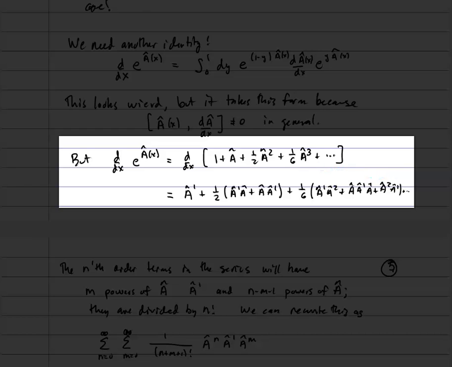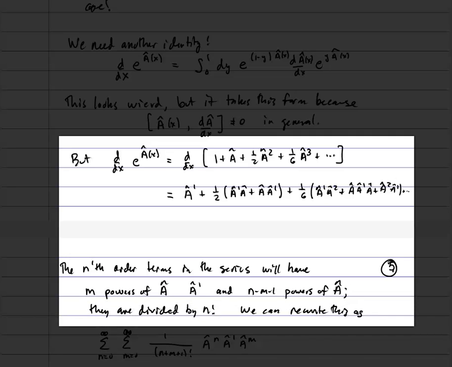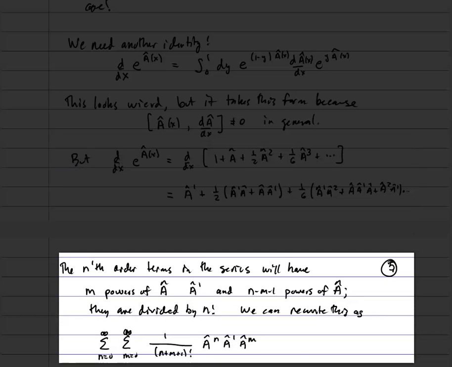It's very easy to work this out for any order, a to the n. It just is a long expression. There always are n terms in it, and it just involves taking the derivative and putting it in each place within that product of a operators that you have. So as I said before, we'll have m powers of a, we'll have an a prime, and then n minus m minus 1 powers of a, and it'll be a sum of all of those terms, divided by n factorial, and we can write that as a summation, sum n equals 0 to infinity, sum m equals 0 to infinity, of 1 over n plus m plus 1 factorial, a to the n, a prime, a